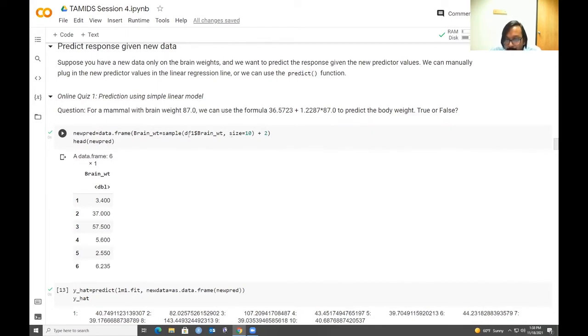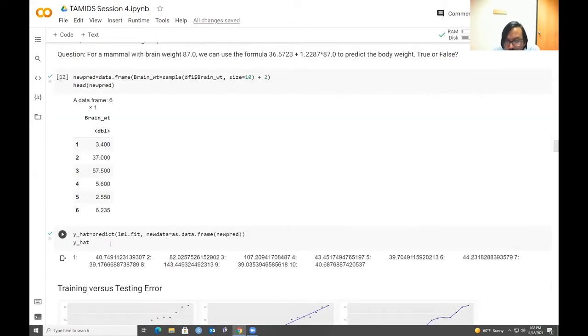The data frame has only one column of the predictors. Here I have simply cooked up some numbers, pretending these brain weights correspond to 6 new mammals, and I would like to predict their body weight. So I can use the predict function here to